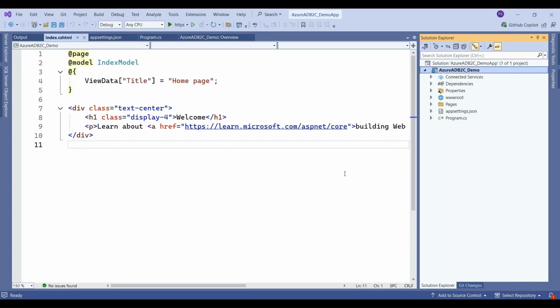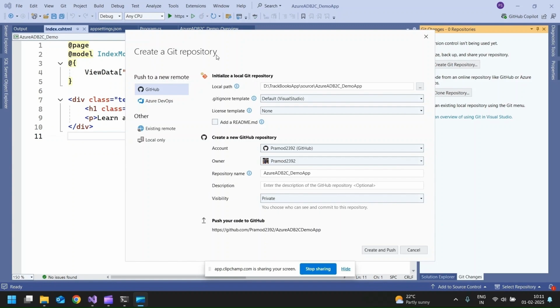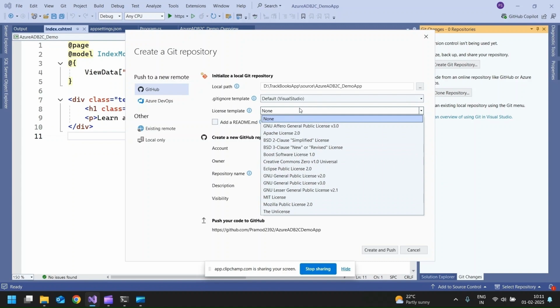Yes, let's create a GitHub repository for this. Let me click on this Git changes tab and let me click on create Git repository. This is the create a Git repository pop-up. It has taken the local path. The Git ignore template is the default Visual Studio. Let it be. For the license template, let me select